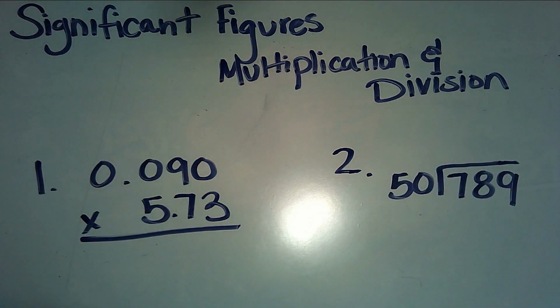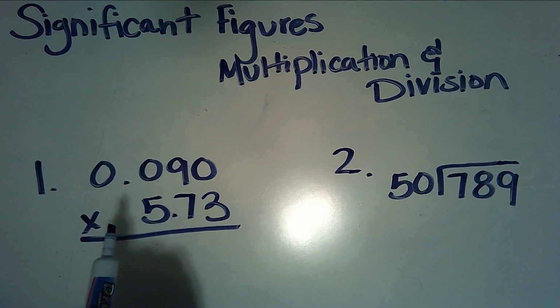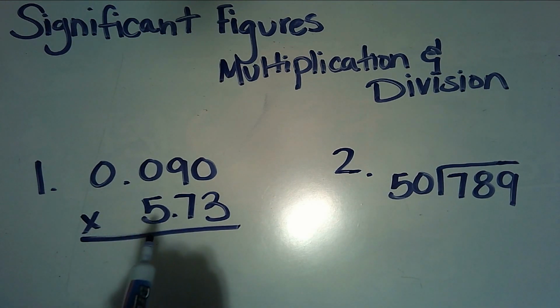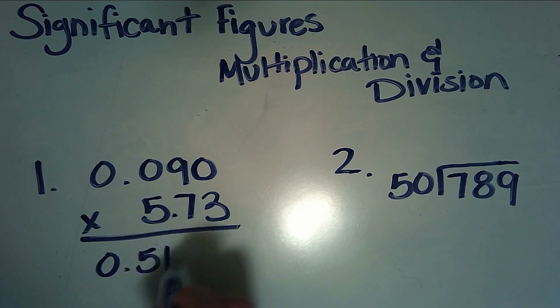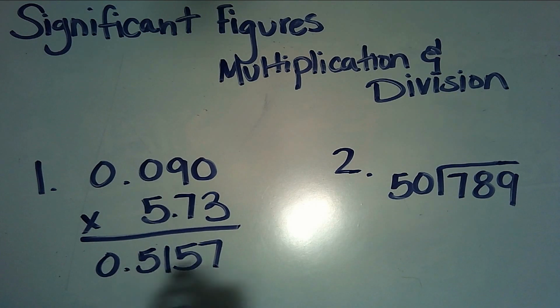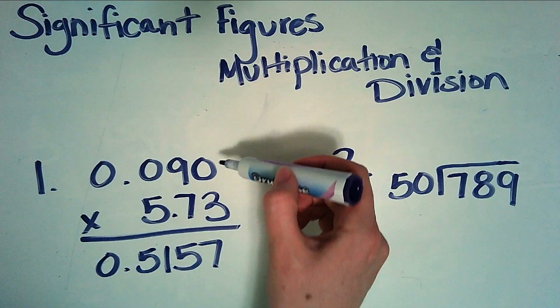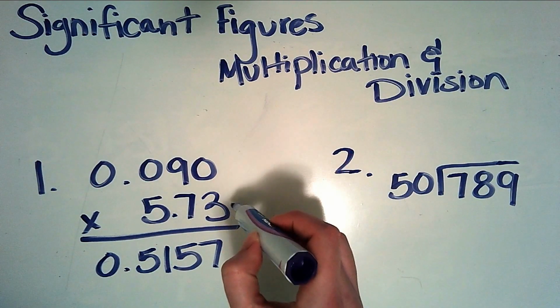So, as before with adding and subtracting, your first step is just to simply perform the calculation. So on number 1 I have 0.09 times 5.73. So step 1, plug that into your calculator and get an answer. 0.5157. My second step is that I need to round this similar to the value with the least number of